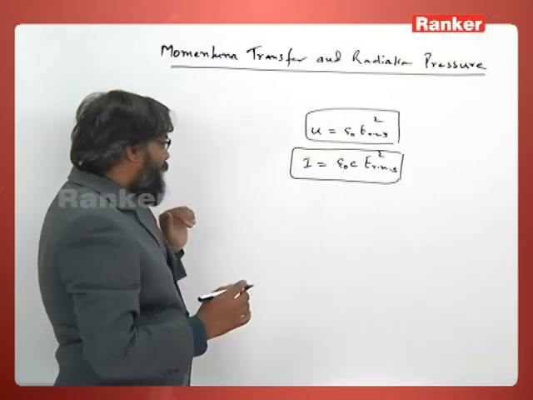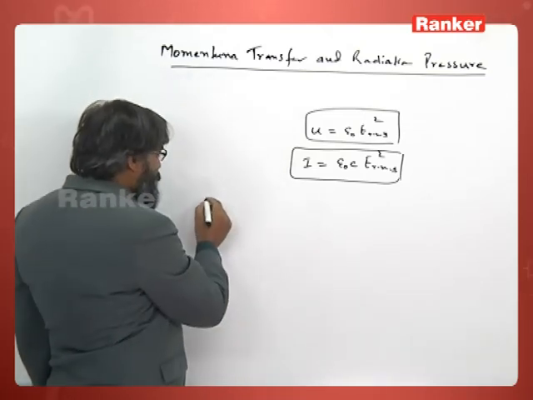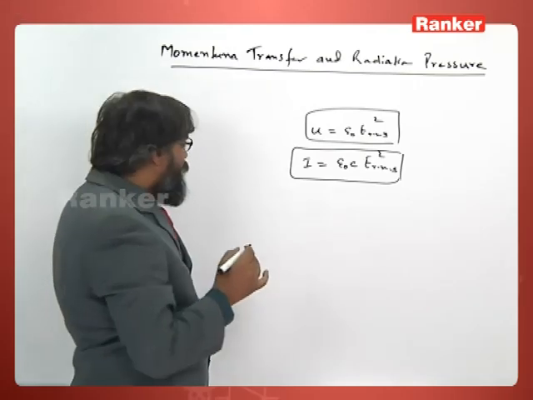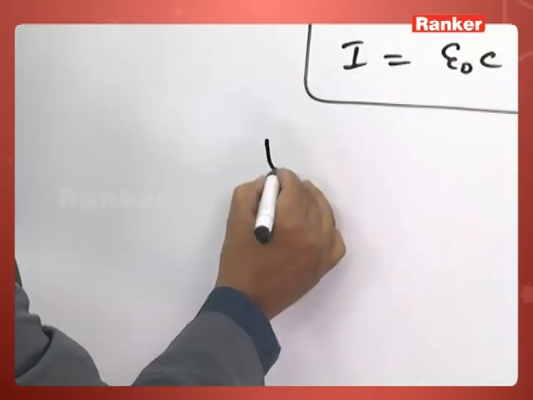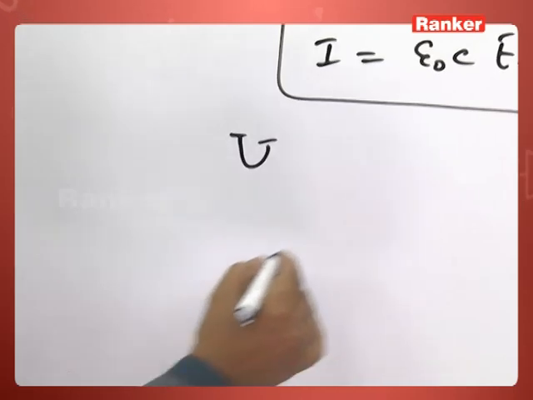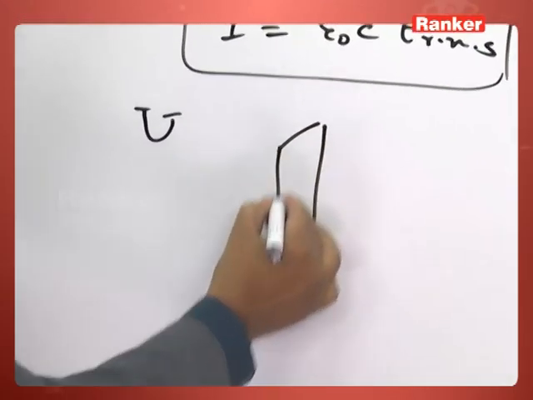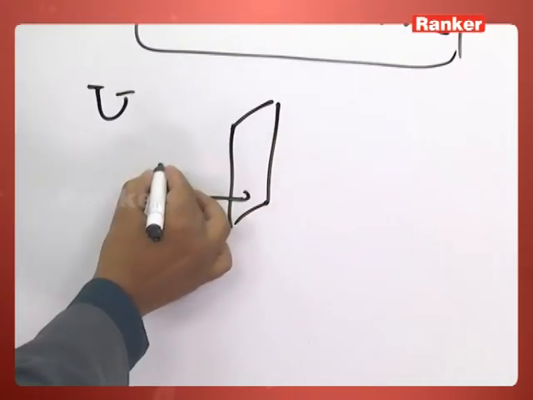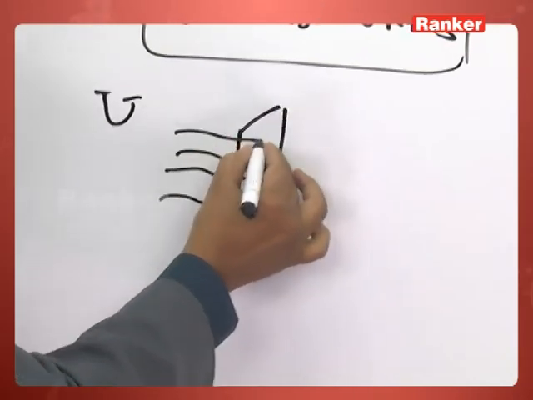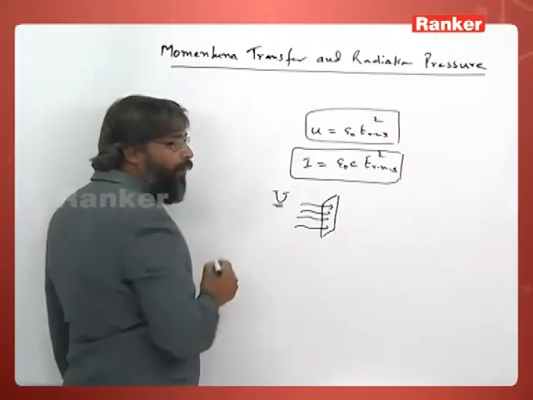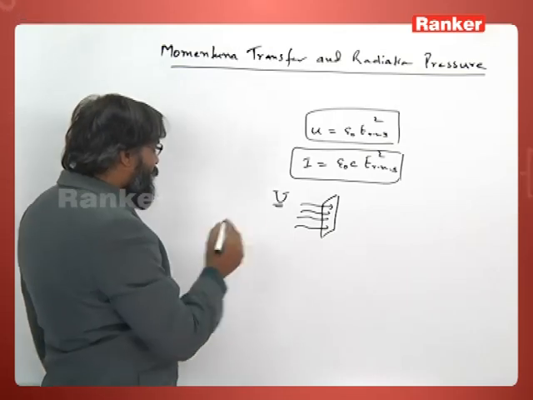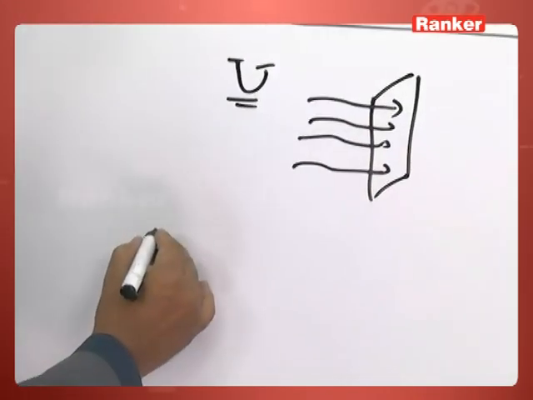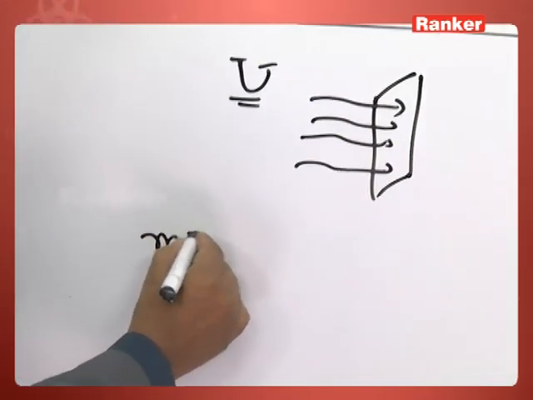Now, it can be shown mathematically that if radiation falls on a surface area and the total amount of radiation falling is u, then we can show that the momentum transferred to it